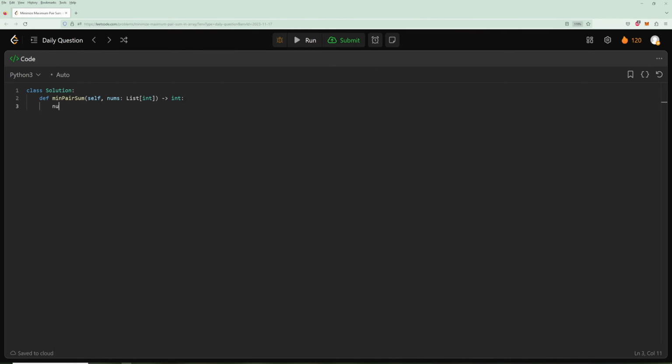So first, we're going to sort our numbers. Then we're going to have a left and a right. And it's just going to be 0 and length nums minus 1, right? The first and the last number. And we'll have a result. So we can call this like biggest pair or something, right? Instead of using result all the time. Okay. So biggest pair. And now we can just say while left is less than right,